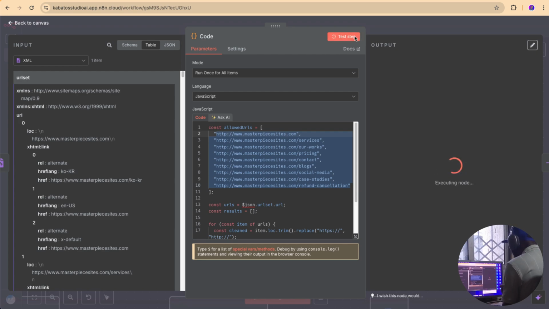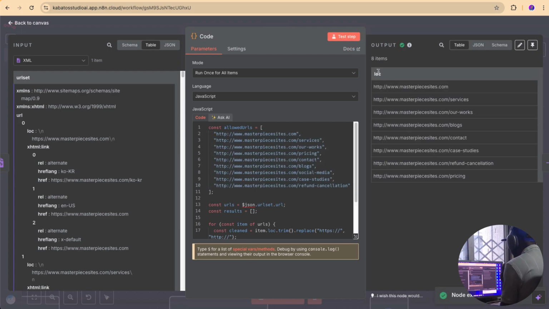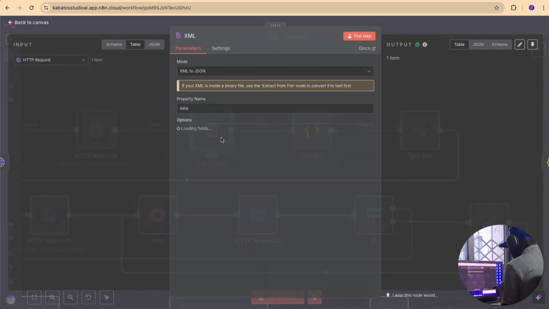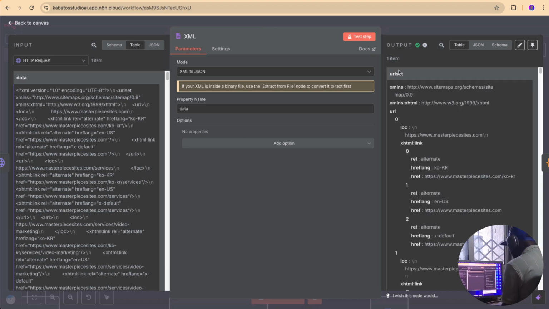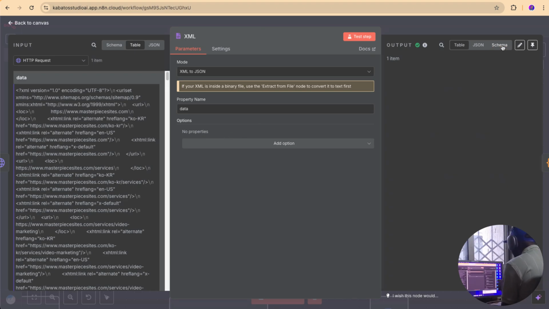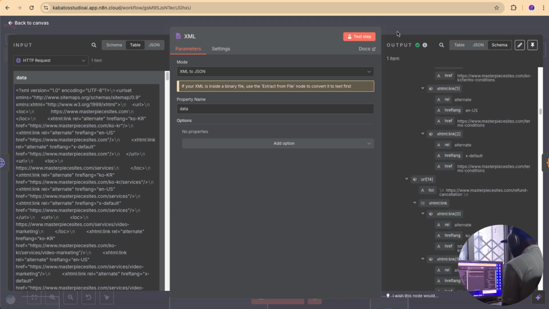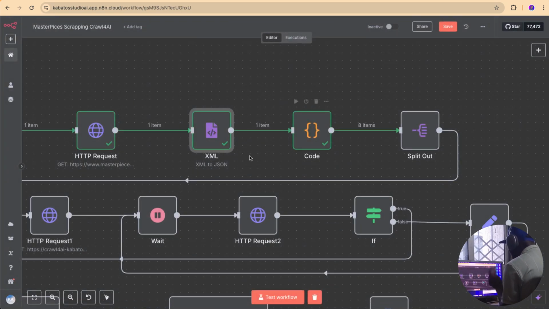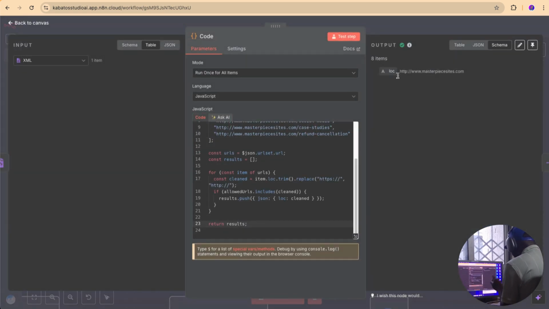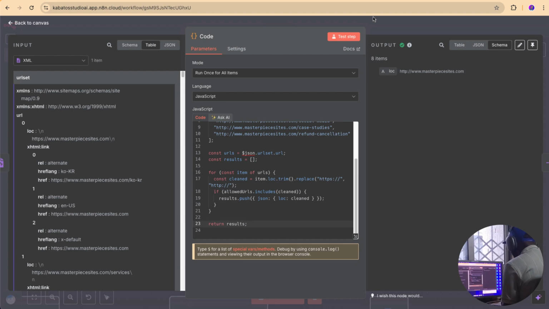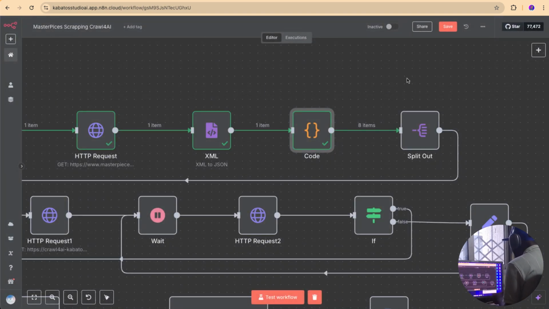And if I do one click here, I get the link I want to scrape. I have 8 items. Before in XLM we have 61. We haven't the number here, but I know we have 67 links to scrape here. It is very long and can take many time, okay. So we choose 8 links to scrape, and now we can go to split out those links to scrape them